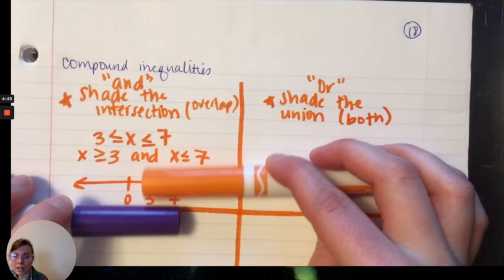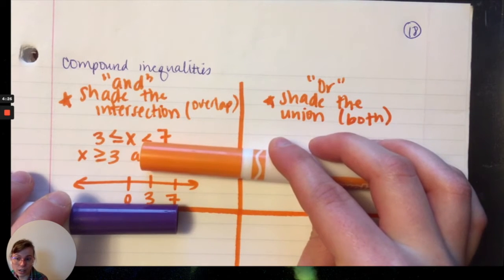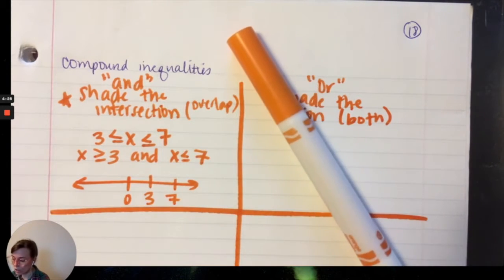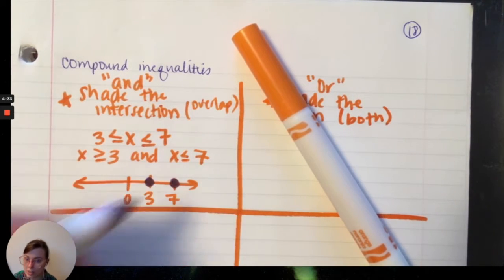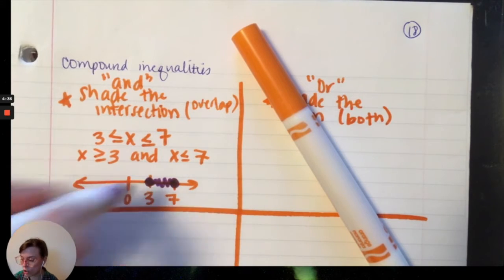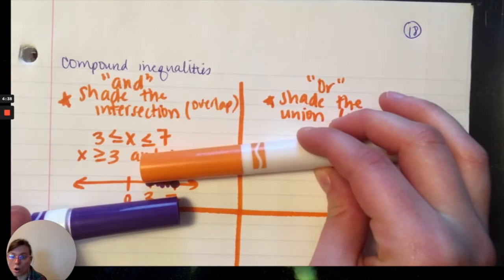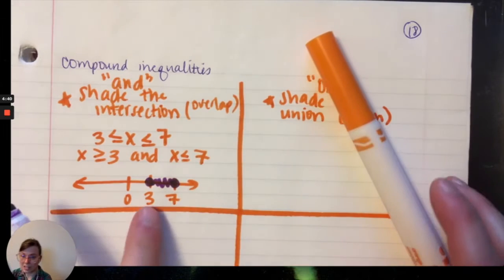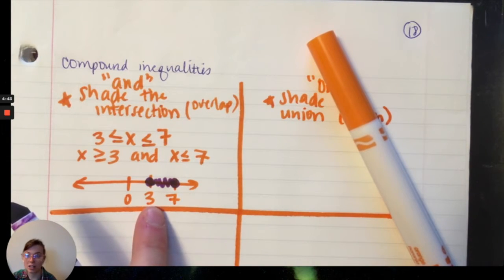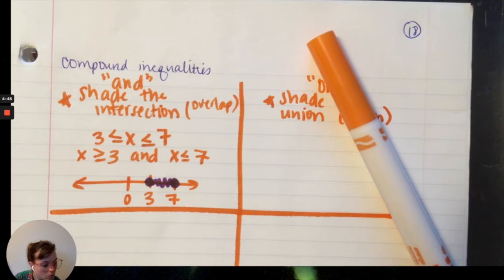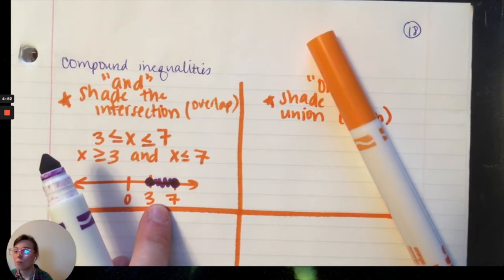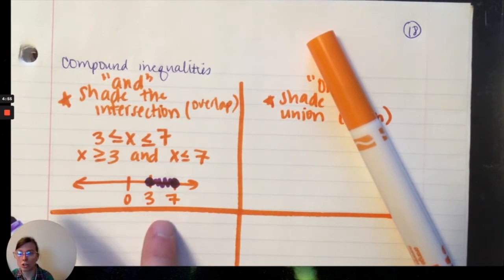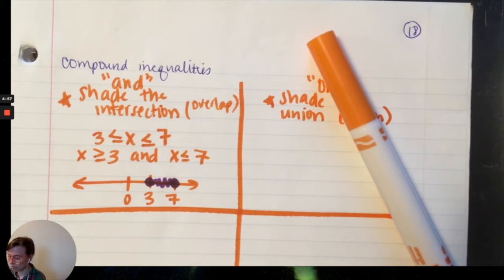Where these overlap is what actually gets shaded. So these are going to overlap, including 3, including 7, and then everything in between. That's where these 2 markers overlapped. This is the intersection, and that's the and. These are both closed. Yeah, I don't know why I wrote that. Anyway, they're both closed, and that's the intersection, is where they both overlapped. Put whatever notes to yourself that you need to make sure you remember what that actually meant. Okay,